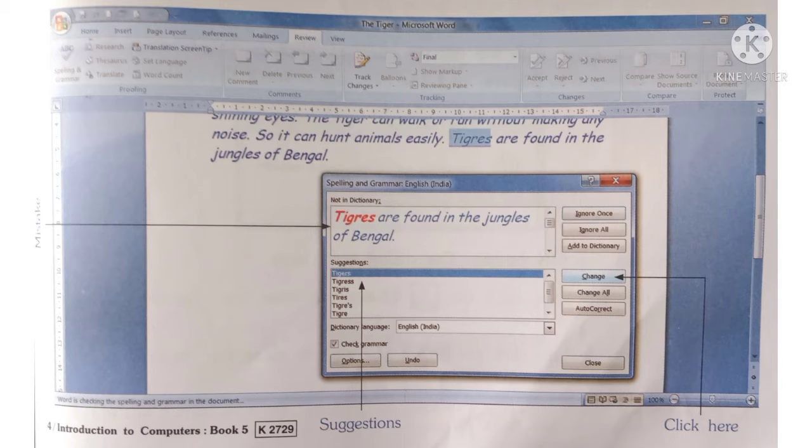In the spelling and grammar dialog box, the upper text box shows the mistake: hunted, wrong verb form, grammatical mistake, while the lower text box shows the suggestions to correct the mistake: hunt, correct verb form.